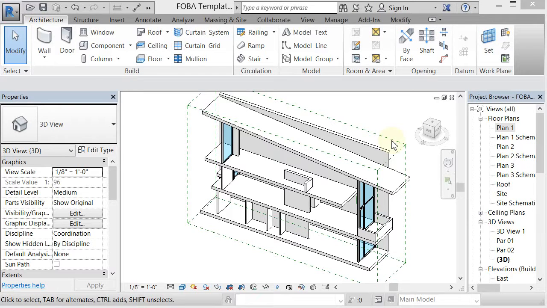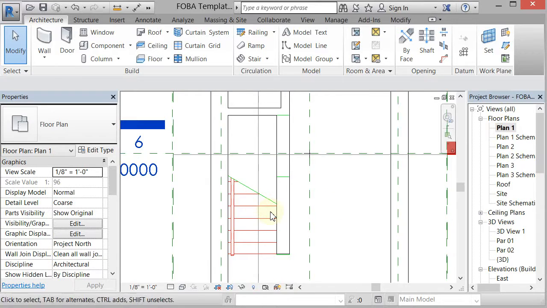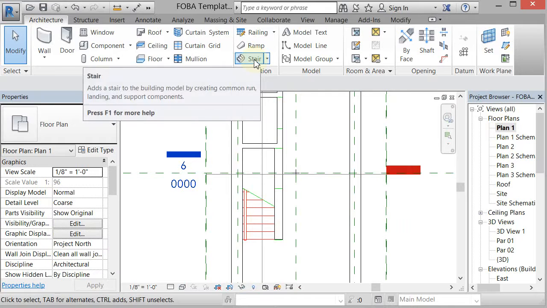Alright, so we're going to do the stair now. In order to do that, it's usually best to be in a plan view, so I'm just going to go to my plan 1 view. I'm going to make a stair that goes vertically from level 1 to level 2, and we're going to copy it up to level 2, and then we'll cut a hole in the floors for it to go through. So I'm going to go to my stair command right here under the architecture tab and